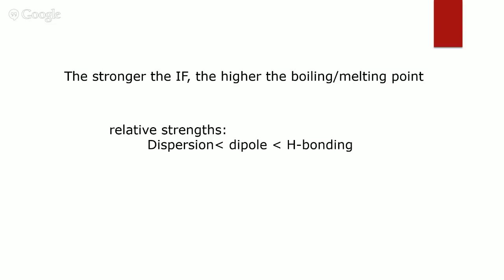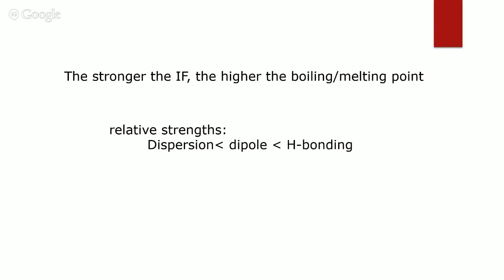Dispersion being a temporary dipole, more or less. It's the weakest of the main three. Dipole forces deal with permanent dipoles, so they rank higher in strength. In hydrogen bonding, we said the thing that makes hydrogen bonding special is that it's basically a dipole-dipole force, but it's significantly stronger than the other run-of-the-mill dipole forces.